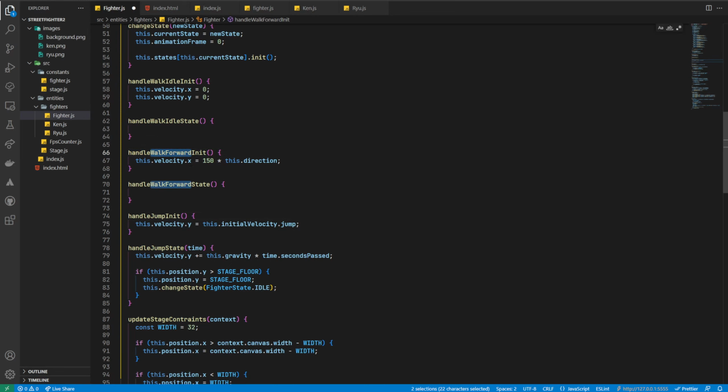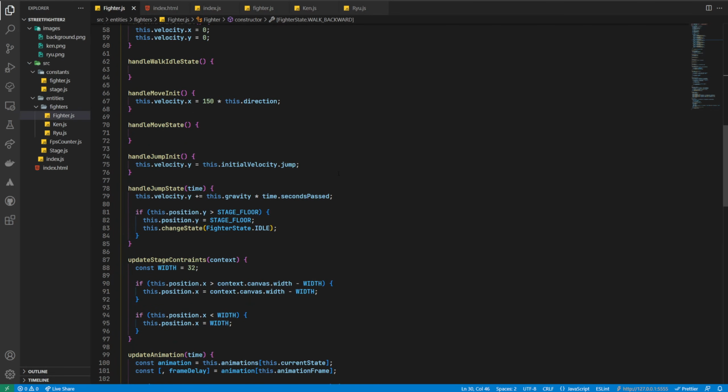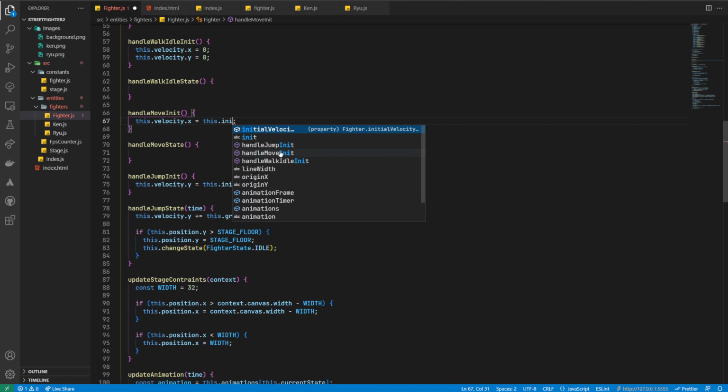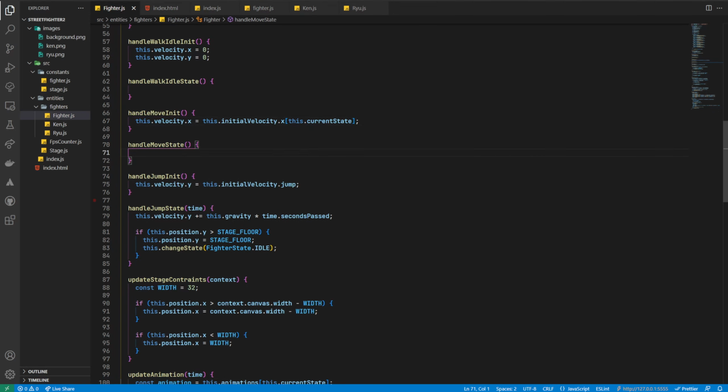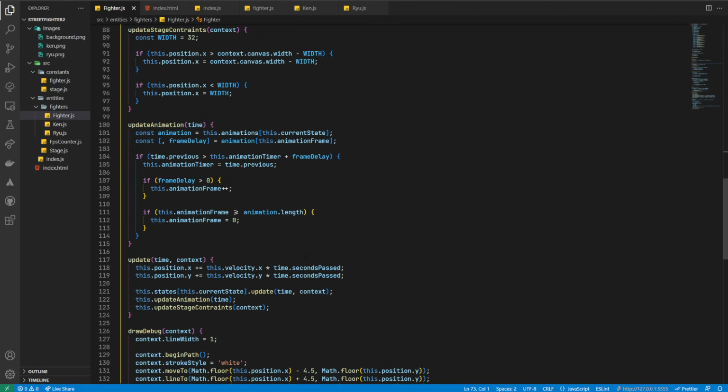But first, just like the jump states, we'll need to consolidate the forward and backward state functions into one set of functions, renaming them handle move init and handle move state. We can now assign the x initial velocity value to the actual x velocity property for the fighter based on its current state. We'll also add a nullish coalescing operator here to catch any undefined states and default the velocity to 0. To ensure the forward and backwards jumps get the correct x velocity now, we'll also call the new handle move init function from within the handle jump init function,